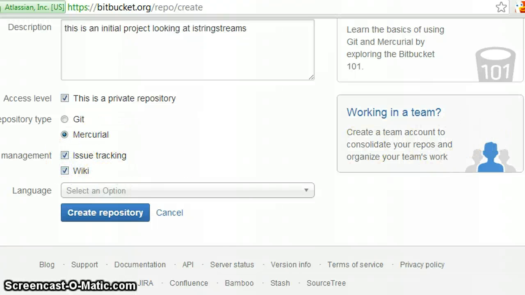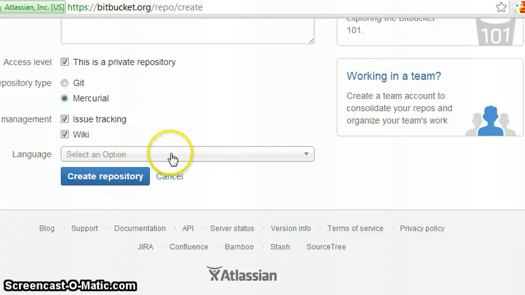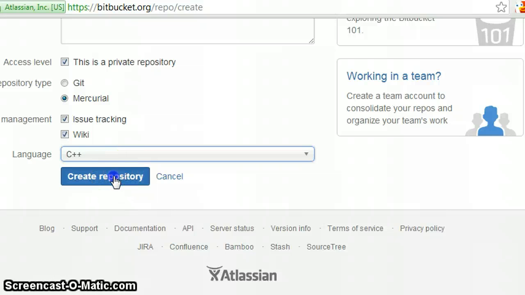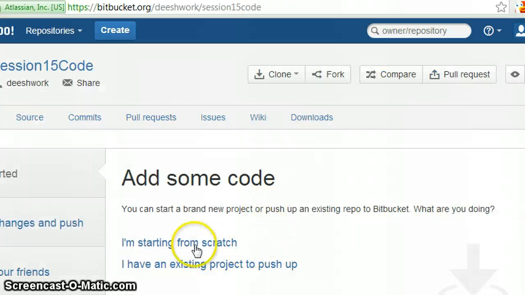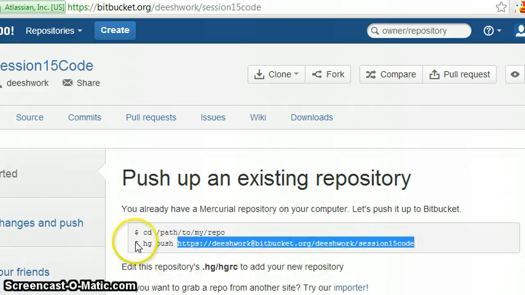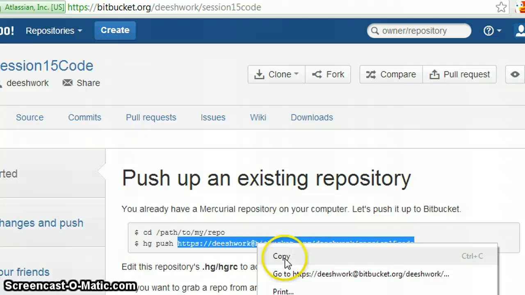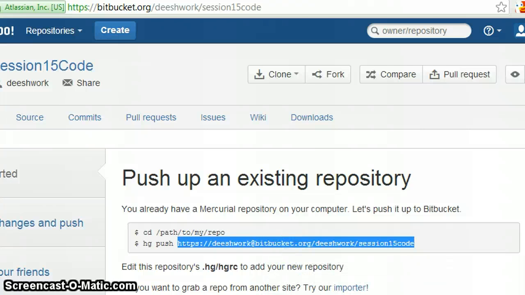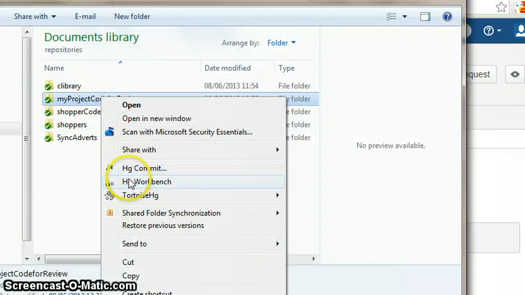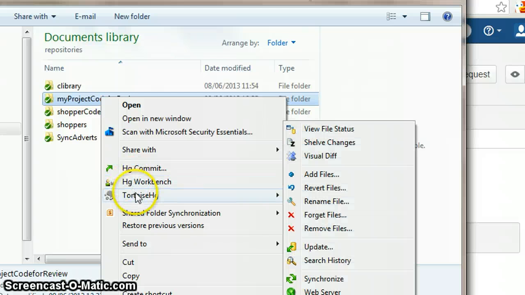You can have both of these to start with, that might be helpful, and then the language for this particular one is C++, and then I'm just going to say create repository. Now at this moment we can select the option I have an existing project to push up, and this is the URL I need to upload the code to here. So I'm just going to right click, copy this code, and go back to my folder that I want to upload, right click, and I am going to choose